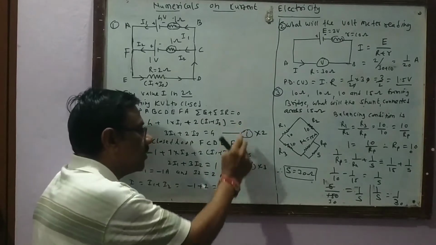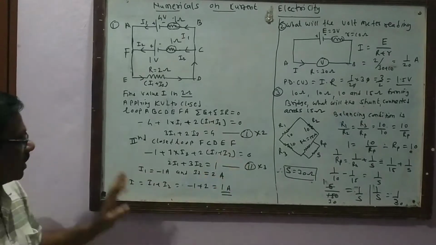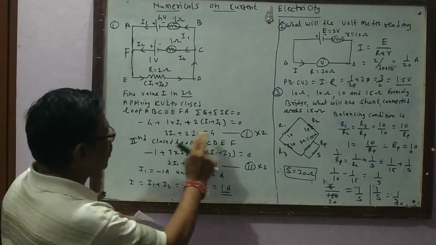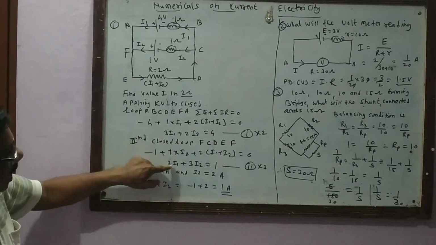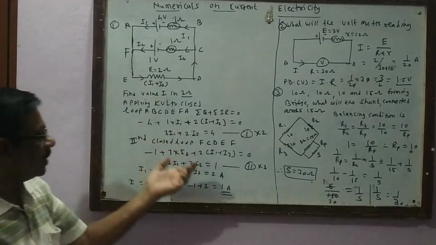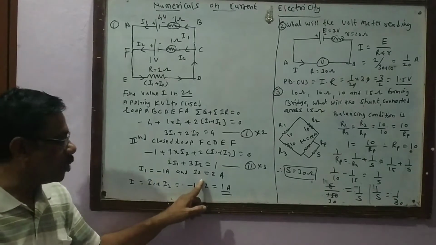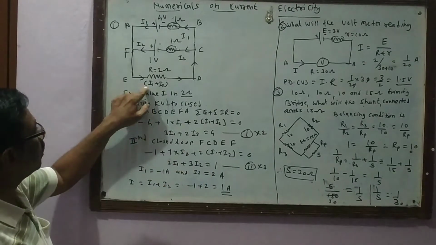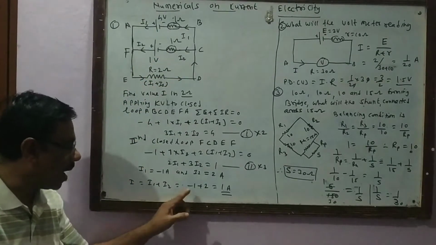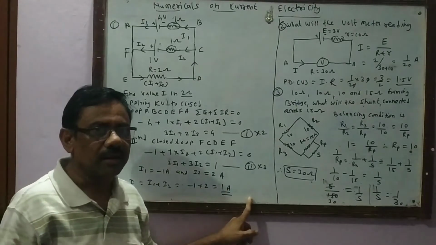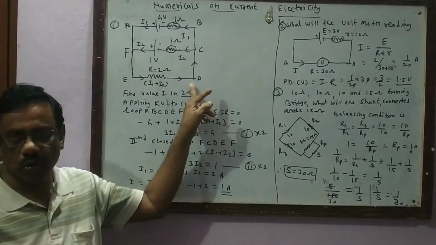These are the two simultaneous equations, and we have seen how to solve them in the last lecture. Multiplying equation 1 by 2 and equation 2 by 3, we can eliminate I1, and adding we get the value of I1 as minus 1 ampere and I2 as 2 ampere. Therefore the total current flowing through the branch ED is I1 plus I2, minus 1 plus 2, is equal to 1 ampere. This is the current flowing to the external resistance, and this is one of the important examples for 4 marks.